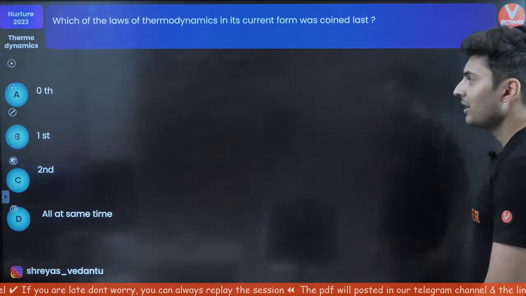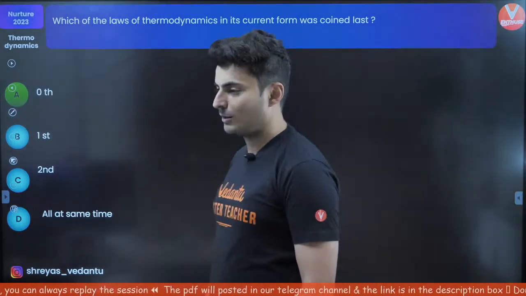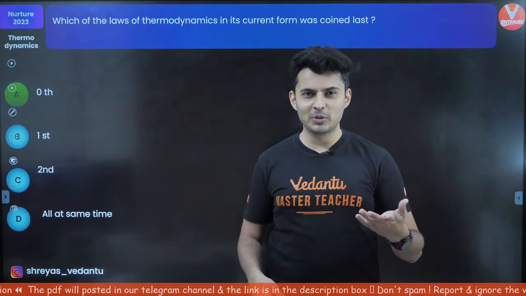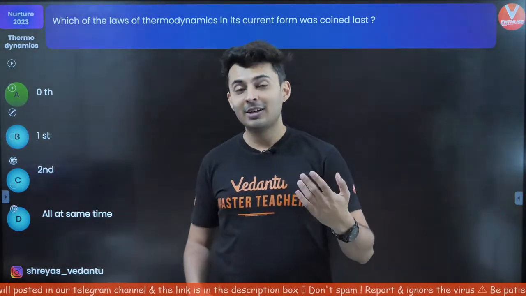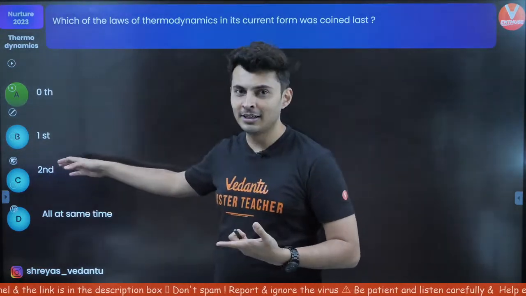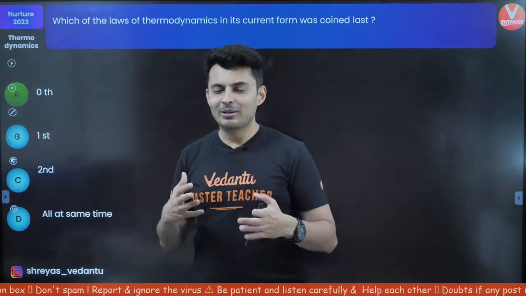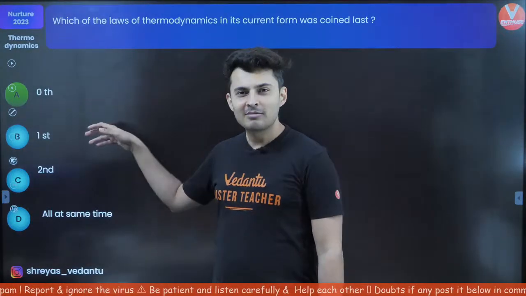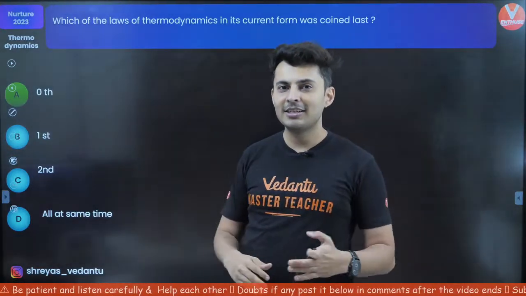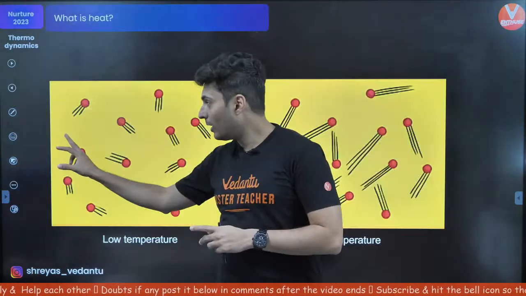Many of you have got it correct, and some of you have got it wrong. Well, the answer is the zeroth law. Now you might be wondering, sir, 0 comes before 1 and 2, so 0 should be first, right? No, in fact, the second law came first. That's very interesting. The second law was first, then the first law came second, and then the zeroth law came last. Oh my god, it's so confusing. But you'll say, sir, then why don't you just name the second law first, the first law second and the zeroth law third? The thing is, what happened was people understood that the first law